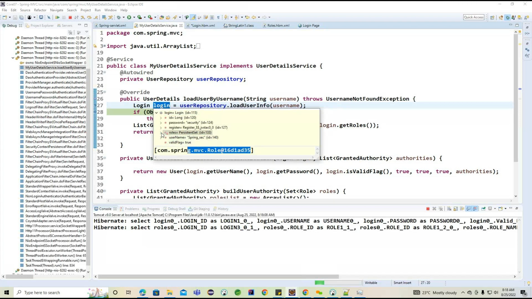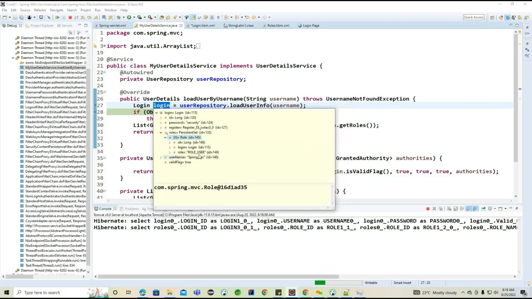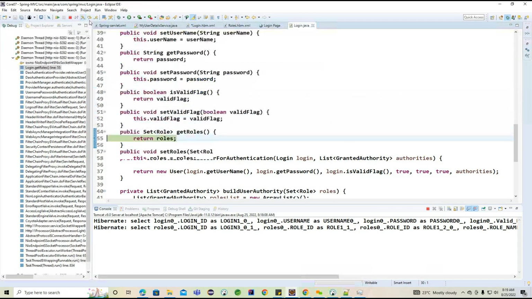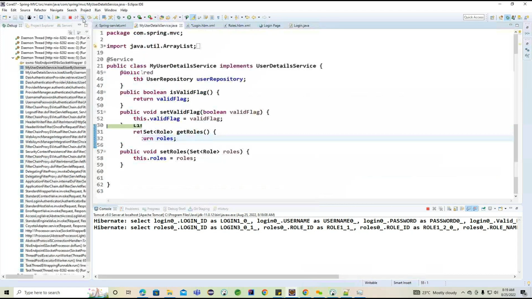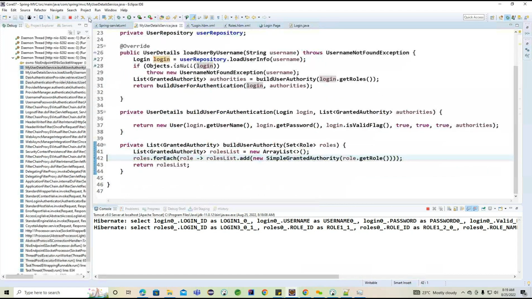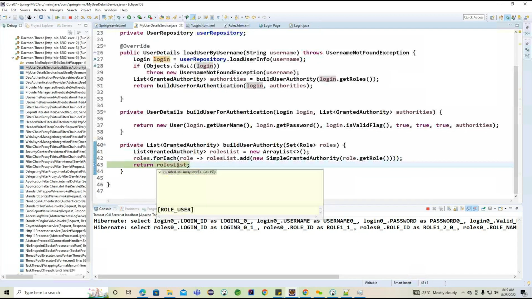Now what is the role object we are having? Something like role user. Now we'll see this. So we are going to move on to this particular build section, and here I'm trying to create this role list. So it is having the simple granted authority and we are having role user. So after this, now what we are doing is we are coming back to this particular